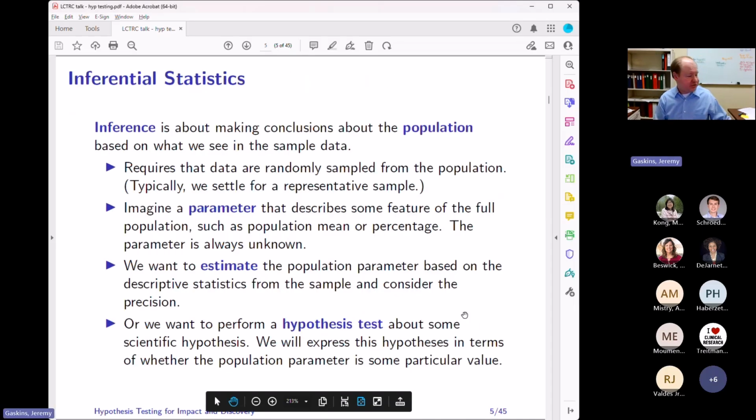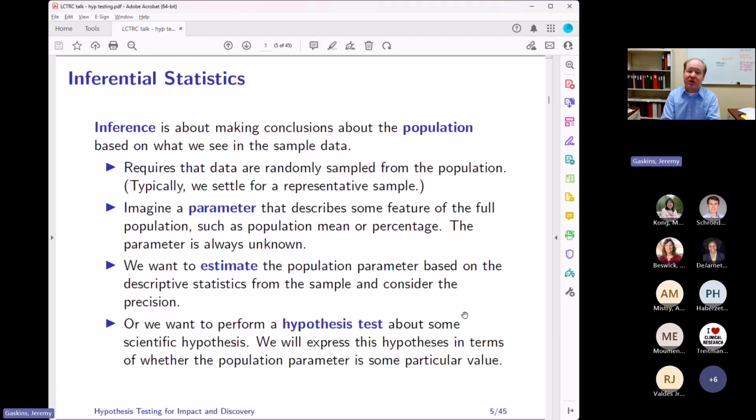So, okay, our little plug about the core out of the way, we'll get into what we're here to talk about, which is hypothesis testing. Before we get into hypothesis testing, I want to take a step back, because hypothesis testing is really one aspect of what we call inferential statistics. When we talk about inference, we talk about making conclusions about some population based off of what we see in our sampled data, within the data that we either observe from our clinic, that we've gotten from some experiment in a more structured lab setting, or wherever we are obtaining our data from.